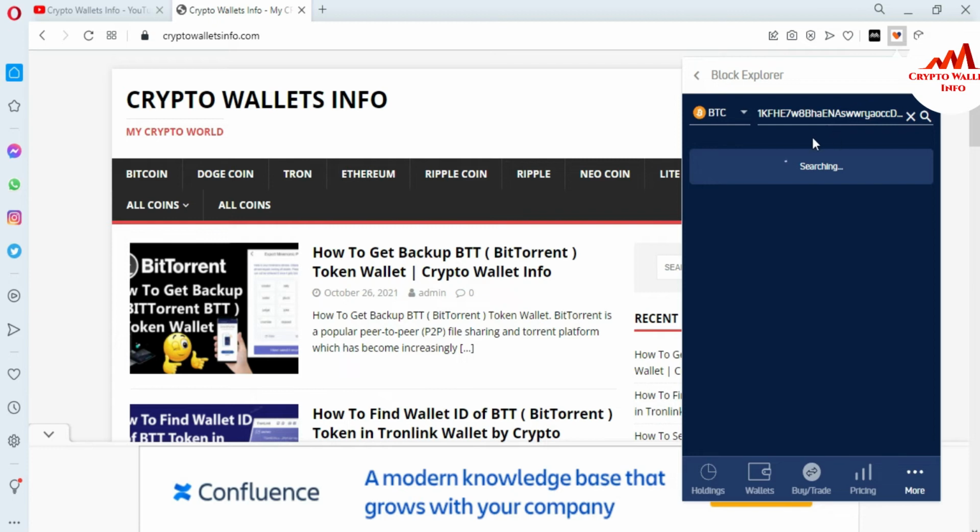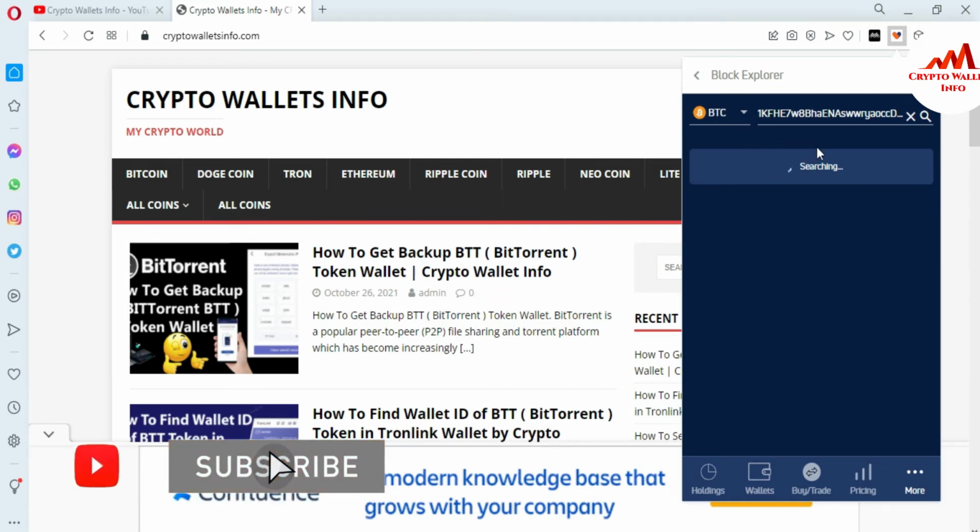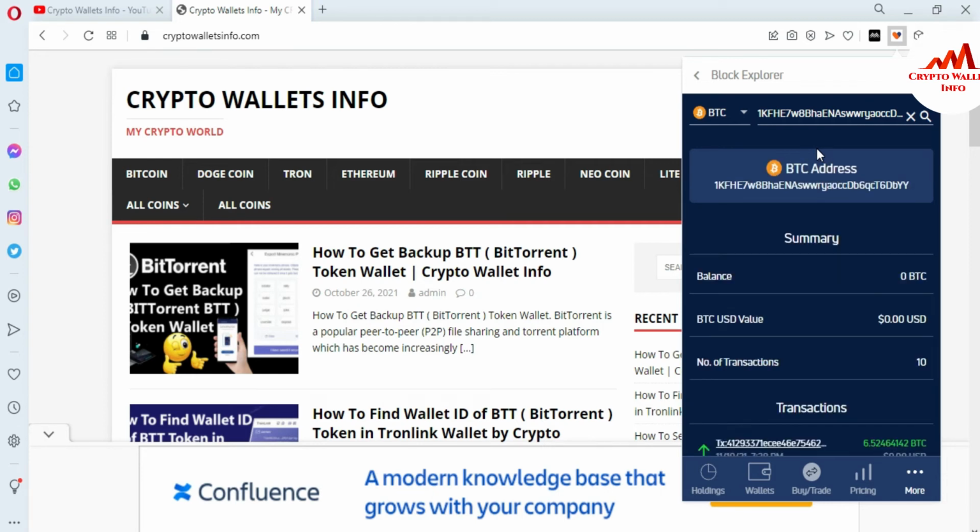Now the explorer is working on this address, and after the search completes, it will show data about this wallet address, like deposits, withdrawals, transactions, final balance, each and everything. You will get the information about a wallet address with this option in Jaxx wallet. If you have any wallet address, like Bitcoin or Ethereum, you can simply open your Jaxx wallet, click on more, and then you can easily check.